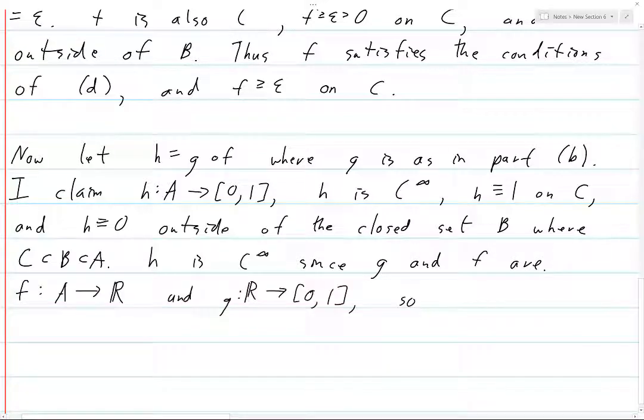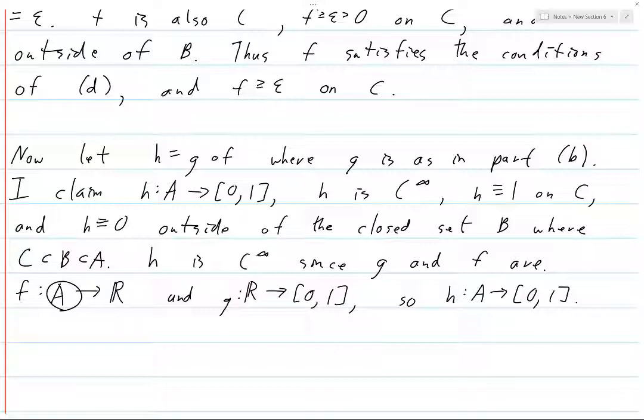So H maps from A to 0, 1. Now that I think about it, I don't really know if I was super careful when I defined F to make sure to specify that the domain of F is A. I may have used notation that made it seem like the domain of F could be all of Rn,